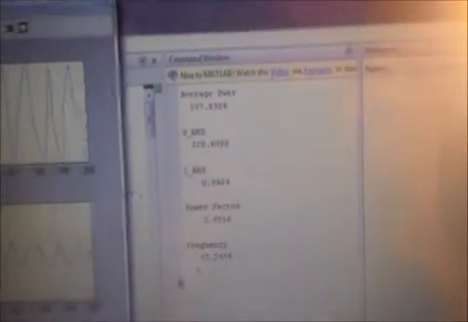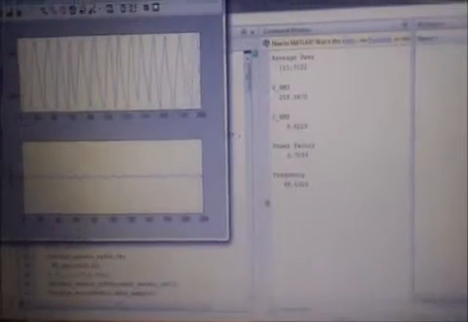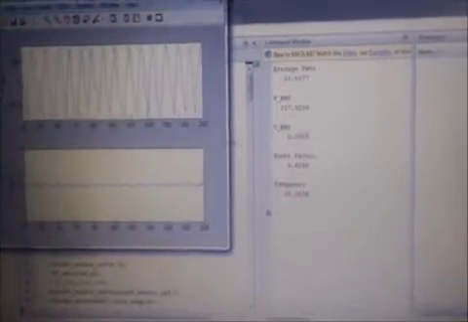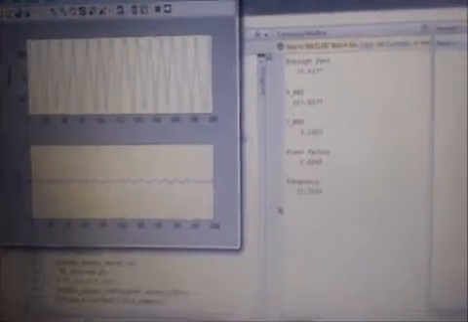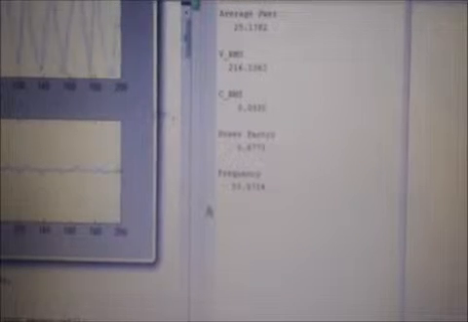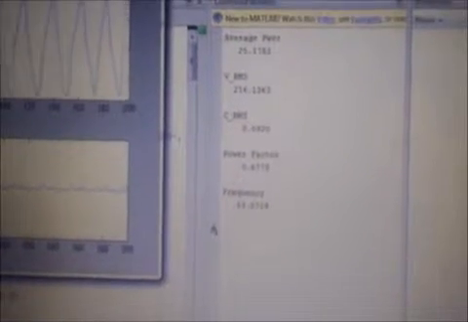Now if we switch on the CFL light, let's see what happens. As we know, CFL has harmonics in its current wave shape, which degrades the power factor. This will also be evident from the power factor value shown in the command window.